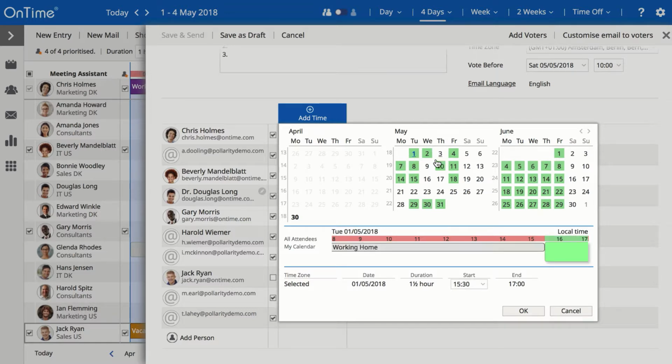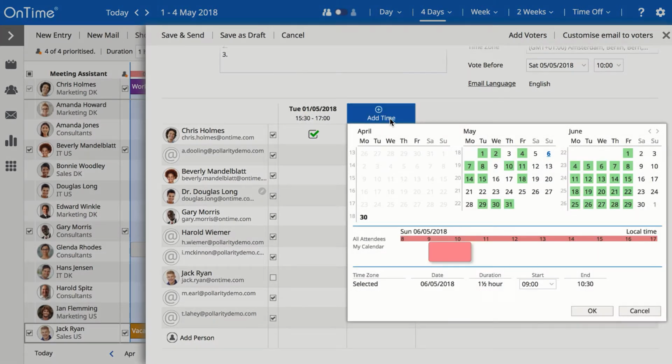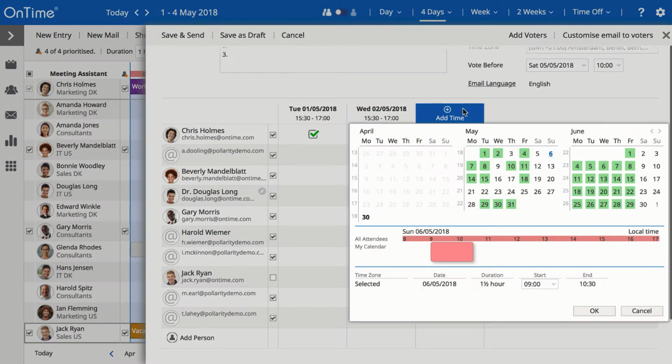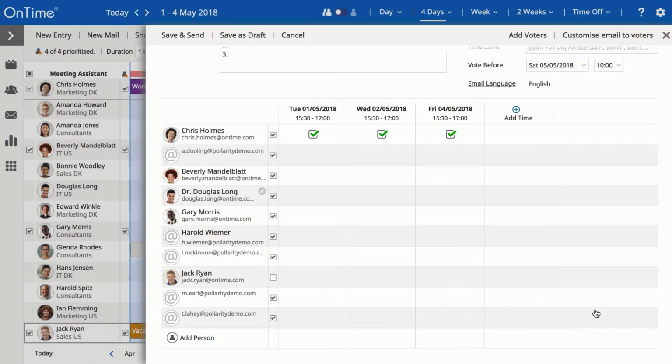I can then just choose different time suggestions at the top. It shows which days there are availabilities, and underneath it shows when during the day the availabilities are and when I have availabilities in my calendar. I can move the box around to change the time, and when I'm happy with the choice, I just click OK. I can then add more time suggestions for the invitees to vote for,